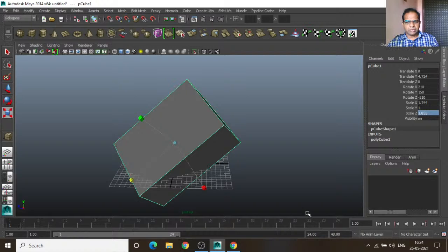And down here we have the timeliner. This is called the timeliner. It shows the time of the animation, frames. In the timeliner we can identify the frames, and here it shows 1 and 24. That means 1 is the starting frame and 24 is the ending frame. Actually here we have the time range slider. This is the range slider,